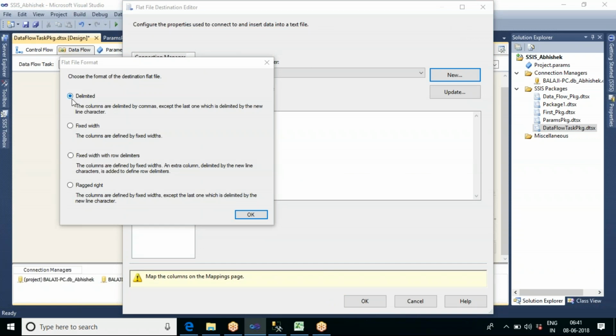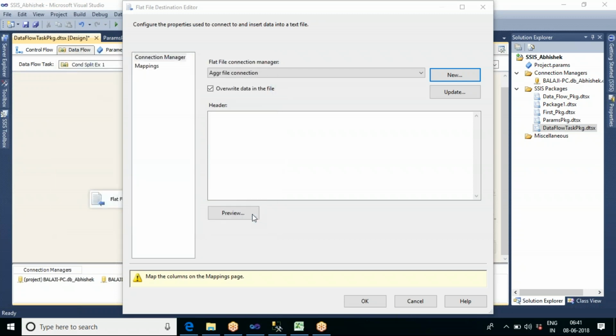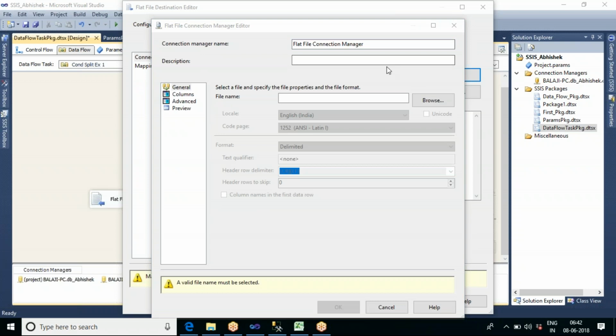Let me select the delimiter as the separator. Let me go for browse.